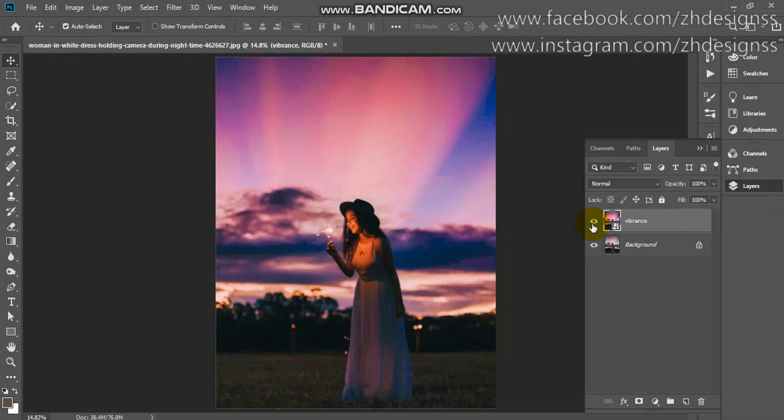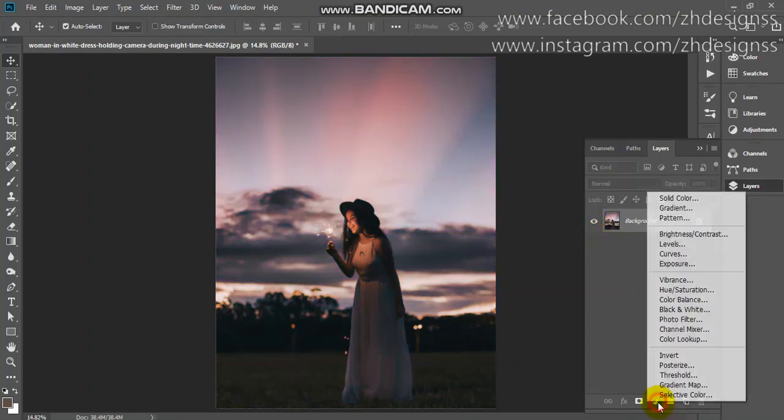I have not added any other lights. I have played with the actual photo colors, and here you can see the big difference in the colors. If we place this image before this one, you will surely be able to decide which is looking much better. So let me first delete this image.